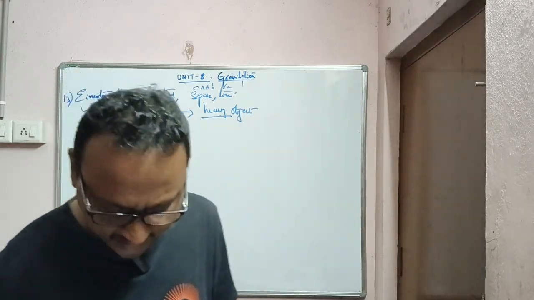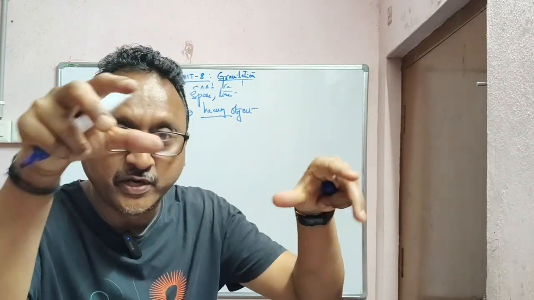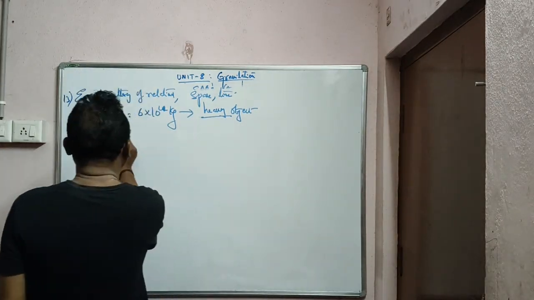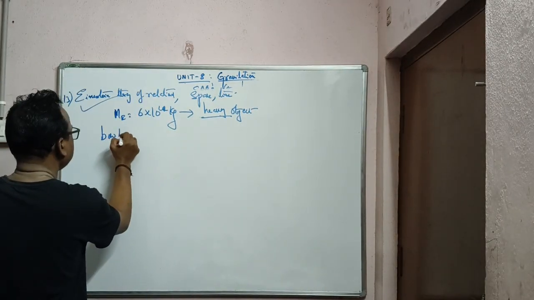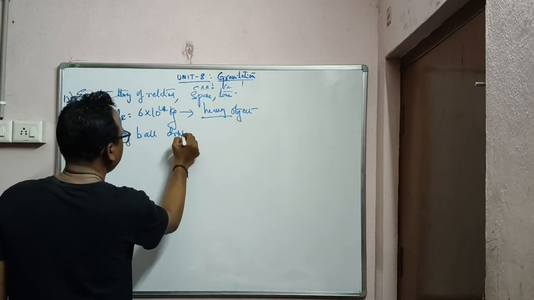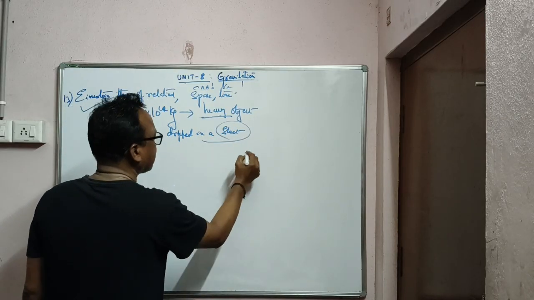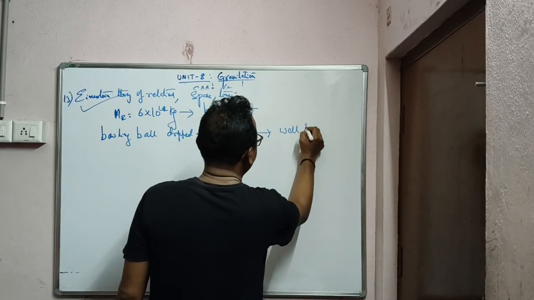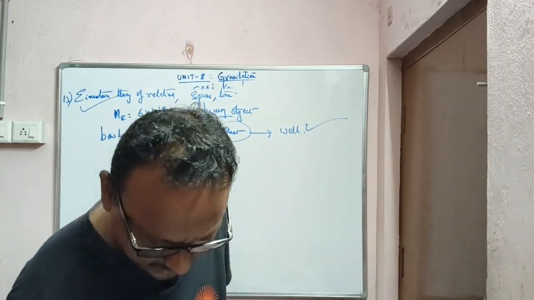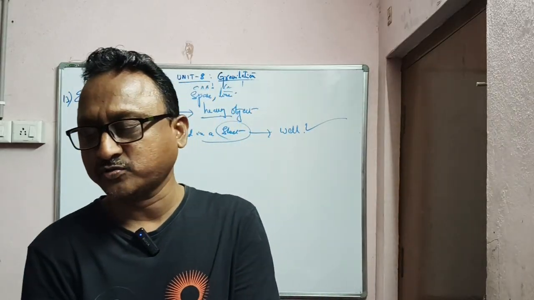So according to Einstein's theory, what did he say? This heavy object acts like a bowling ball dropped into the sheet, creating a deep well. A bowling ball dropped into a sheet, and this sheet is nothing but a well, according to Einstein's theory. A bowling ball dropped into the sheet, creating a deep funnel or a well. Yes. So that is the 13th one, a 4 marks question.